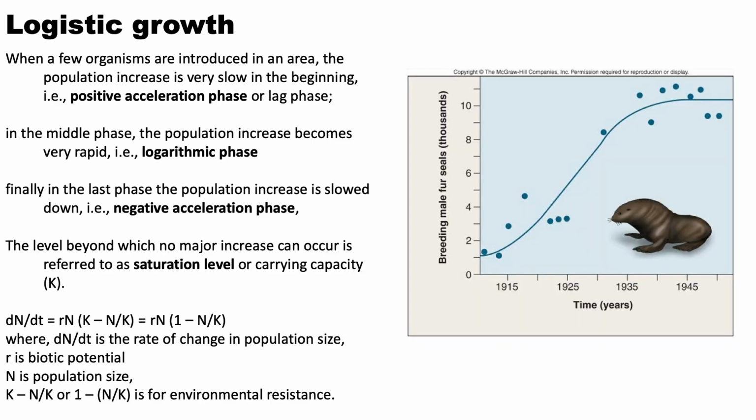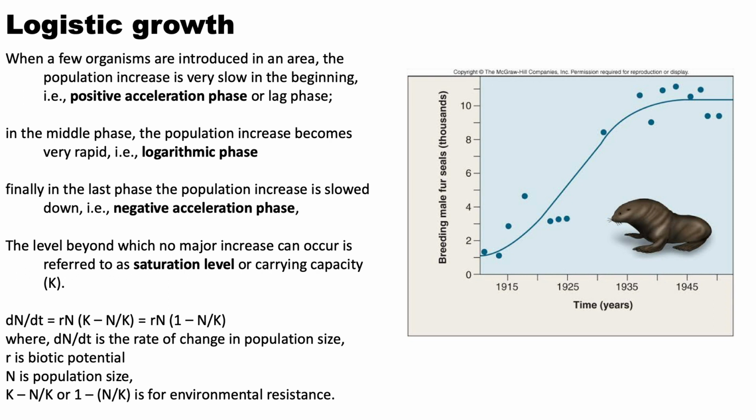The other extreme is logistic growth rate. This happens in most cases where the environment has some sort of carrying capacity in terms of how many individuals it can support. So when we look at logistic growth, there are distinct phases. Initially, when a few individuals come into an environment or a habitat, just because of the number of individuals that it starts with,